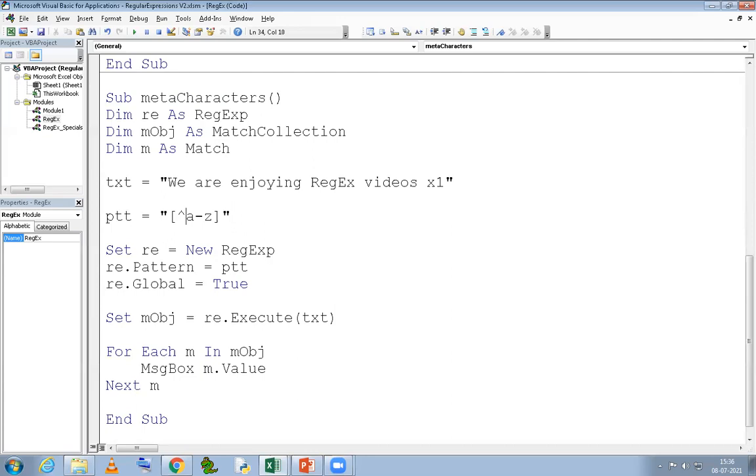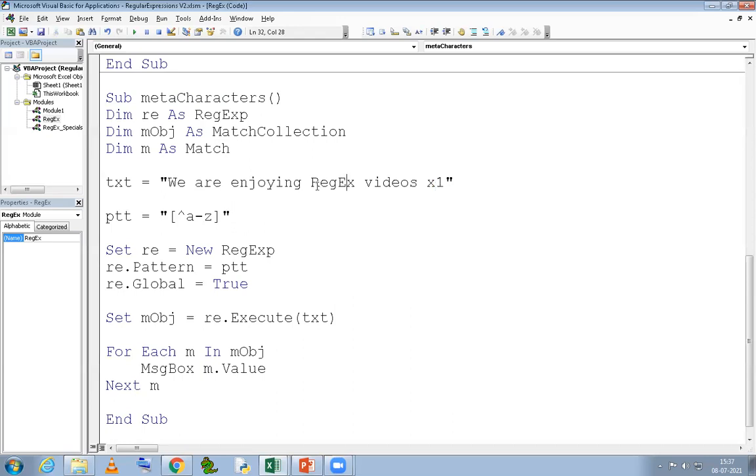Now let's say I use this caret sign inside the square brackets. What this simply means is negate anything that is A to Z. So when I say negate, it will find any character that is not between small a to small z. So this W will be found, even this space will be found, this number will be found certainly.